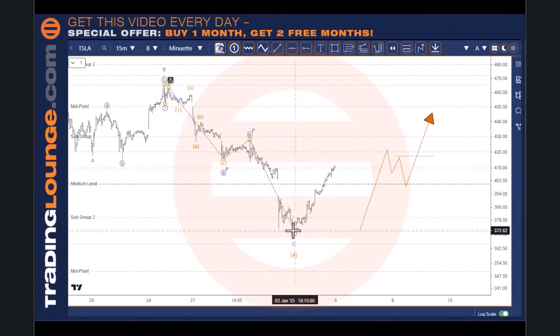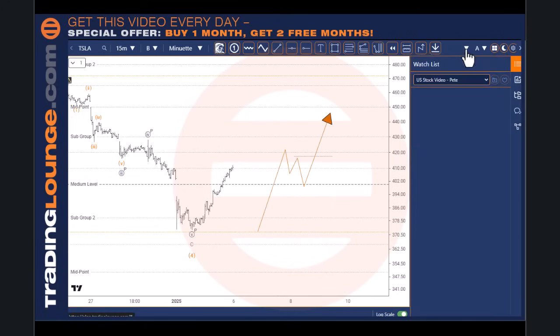So we need this trend up here to complete. We can see that we could look at this as 1 and 2 here, then 1, 2, 3, 4. No, that's 1, 2, 3, 4, 5. So it still needs to move up here further. So let's just allow it to top and turn. And if we get this setup here, then we can go along with it at that point.